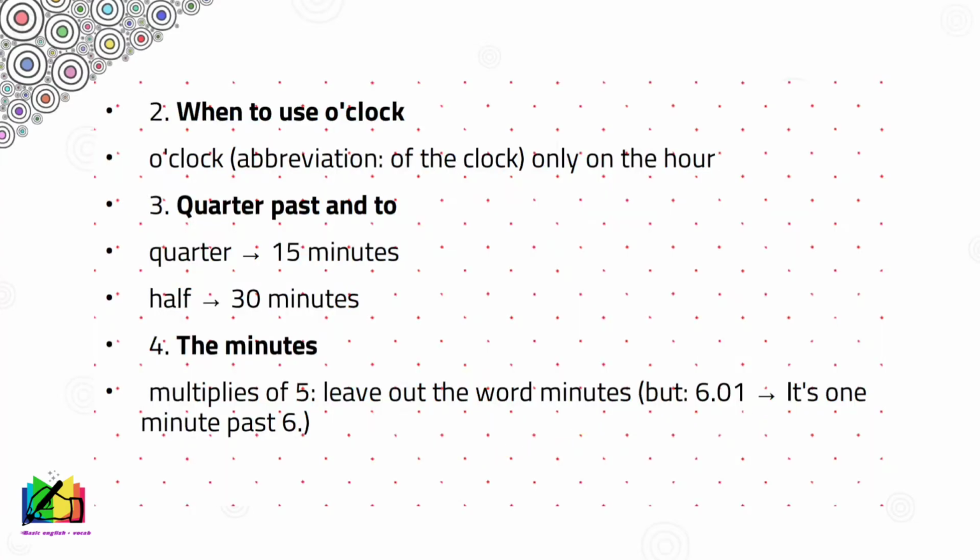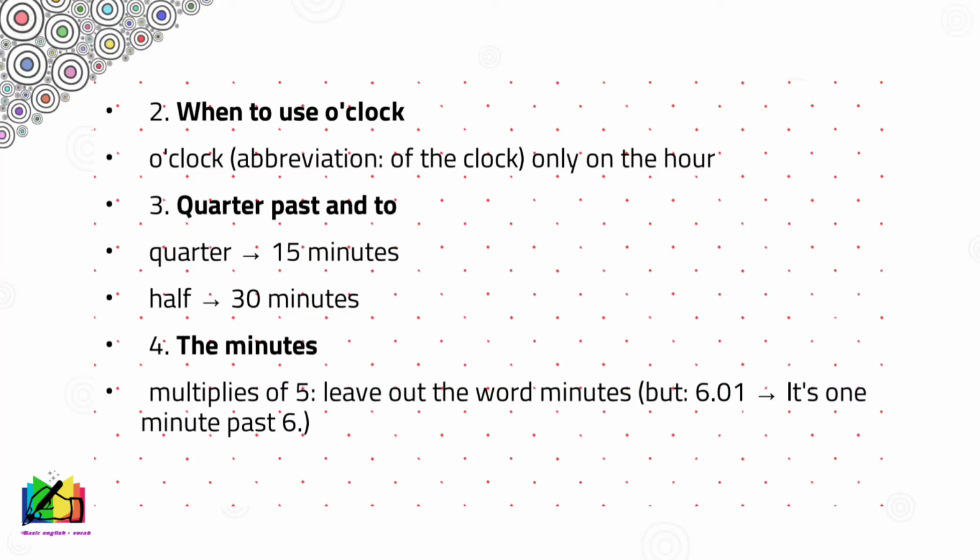The next rule we have in English for speaking the time is that when it is the hour, we use o'clock, like 1 o'clock, 2 o'clock. Third rule, for quarter, like if it is 15 minutes, we use quarter while speaking time in English. And for half, 30 minutes: when the minute arm is on 30, then we will say half. So we need to take care of the arms of the clock.